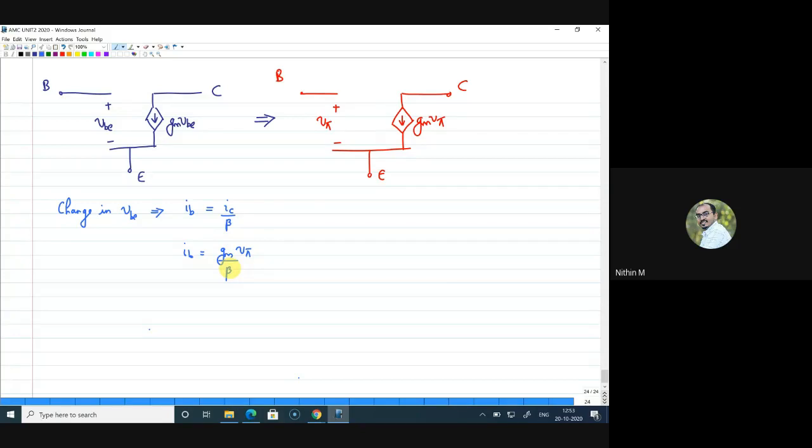Now, if you look at this, a small change in VBE, or now it is V pi, is in fact creating a small change in current in the same terminal. There is a voltage V pi that is giving a change in current through the same terminals, right? That can be further modeled. We know that voltage variation is giving you some current variation. Since both are at the same terminals, we can better model this. So V pi by IB can be written as beta divided by GM. What is beta by GM? Can I get some response?